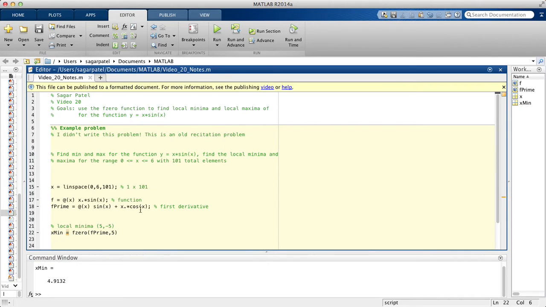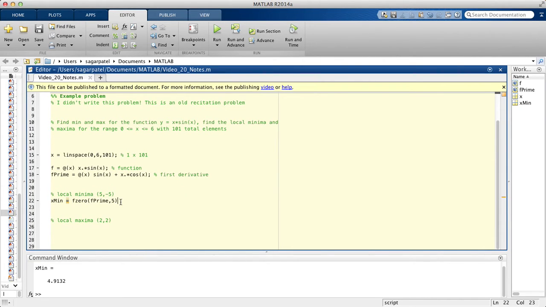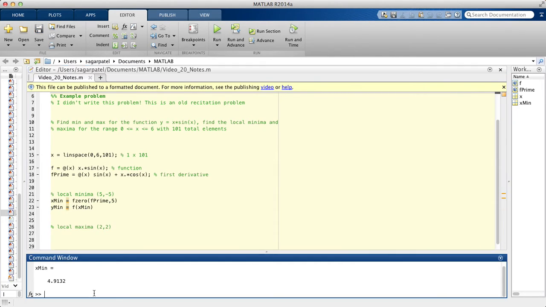Now if you think back to any of your math classes, you know that if you have a value of x, you can get a value of y by plugging the x into the f of x function. So that's what we'll be doing. We'll say y min is assigned f, and then we'll send it x min. So what this will do is it will take this number right here, 4.9132, send it to f right here, and then it will get a value out of it and assign it to y min. So now if we run this,